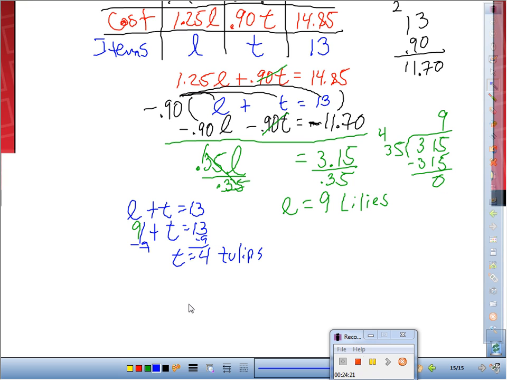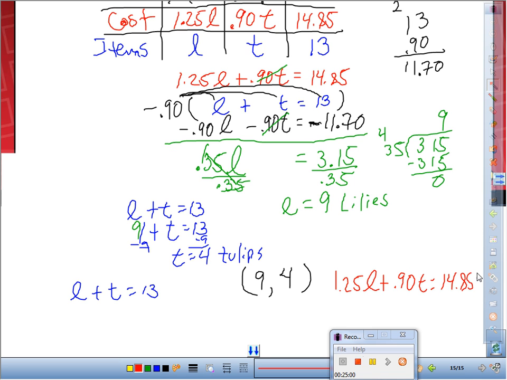And what is my last step? Check. So what would be my solution? The L comes first. So what is the first number? 9. And the second one is 4. Once again, why did I write the 9 first? Because it belongs to L. And which is my first variable here? L. Okay? So let me write my first equation. L plus T equals 13. And over here the cost, 1.25L plus 0.90T equals